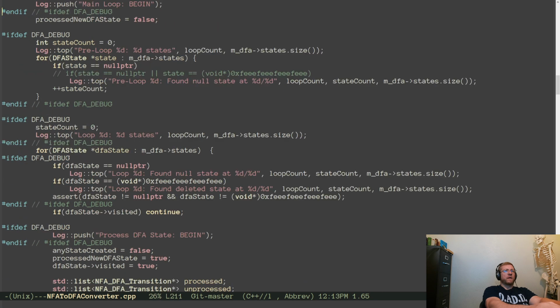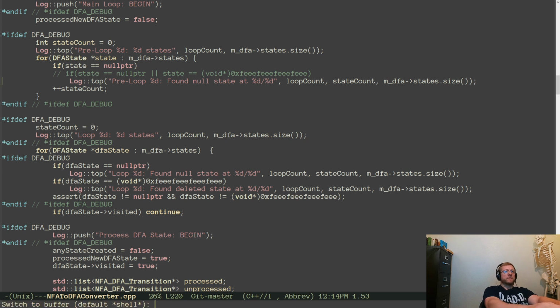Now, back in the day, I stole this code out. Here we are. If defined DFA debug. What we want to find out is what's going on.